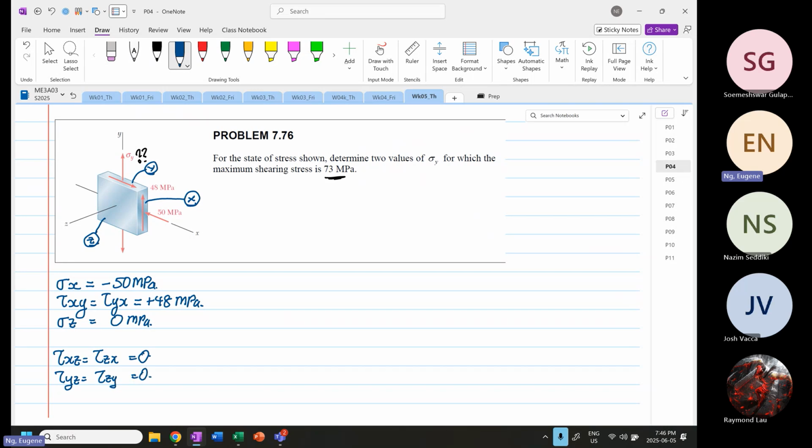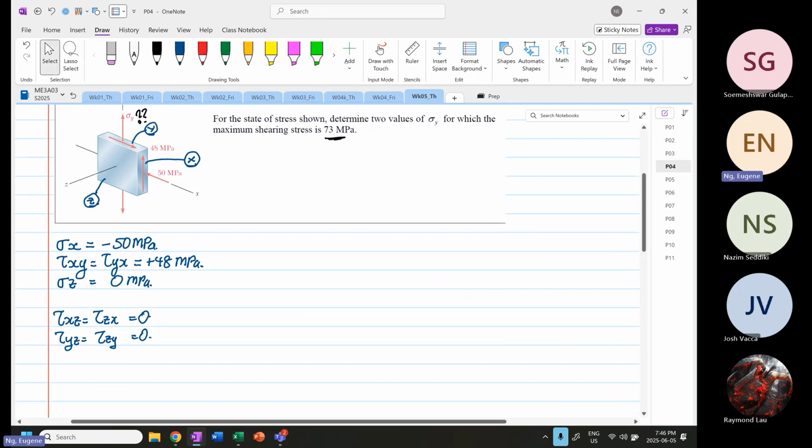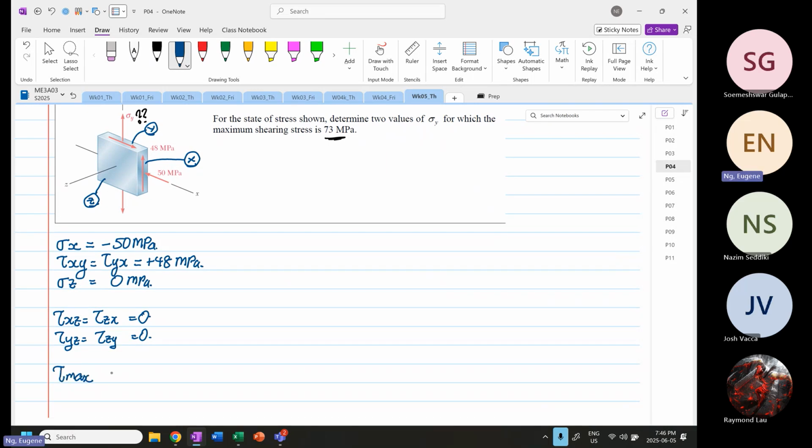So these are the facts that we're very sure of. We only don't know what is our stress Y. We are also given that the maximum shear stress is equal to 73 megapascal. So this is the condition that